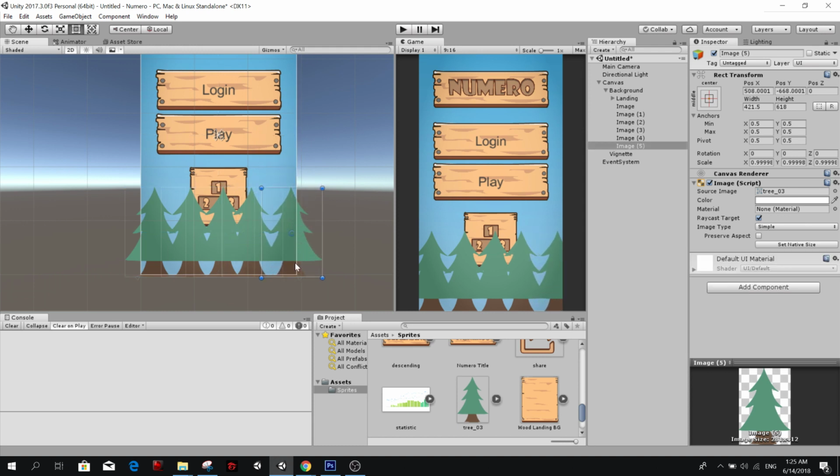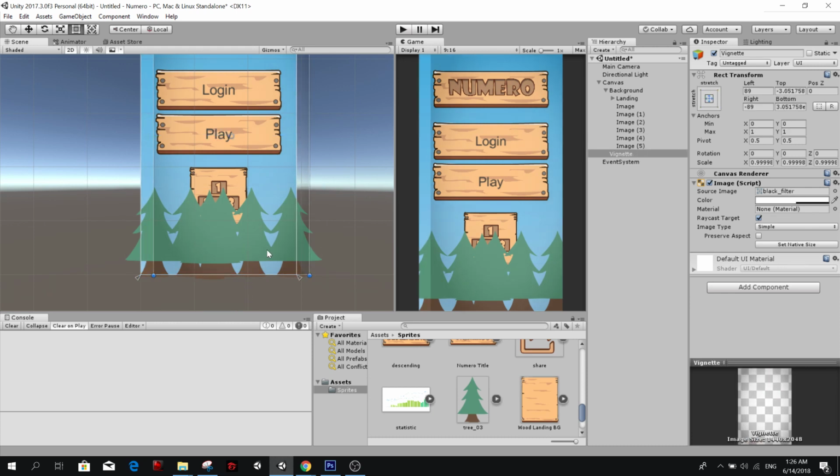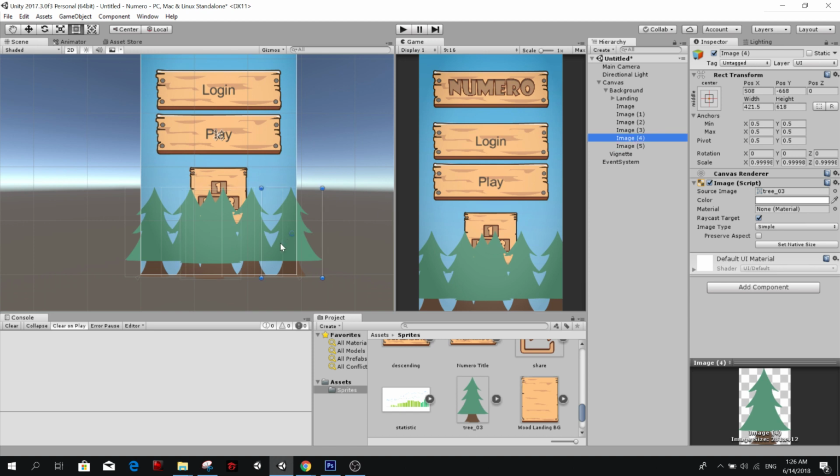Alright, and we could have more if we want, so I could just make a dense forest. So why is a forest? Because you're chopping wood, right? So you chop wood, you'll be in the forest where there's tons of wood.